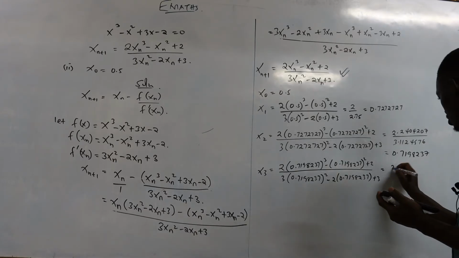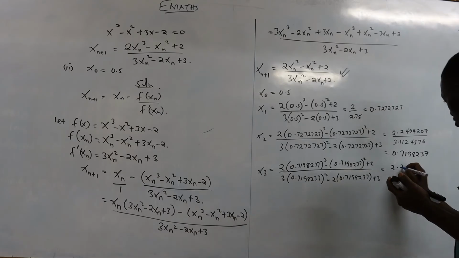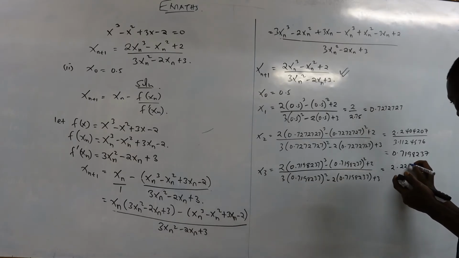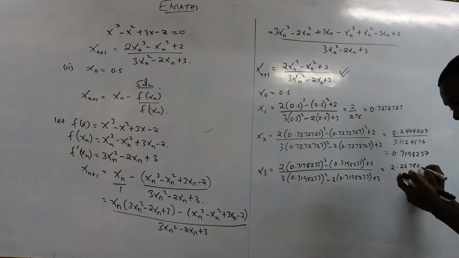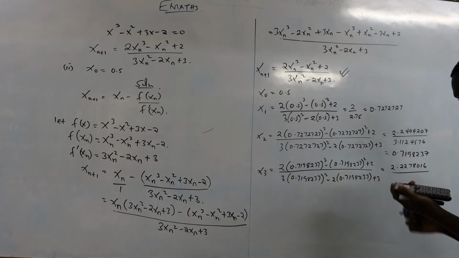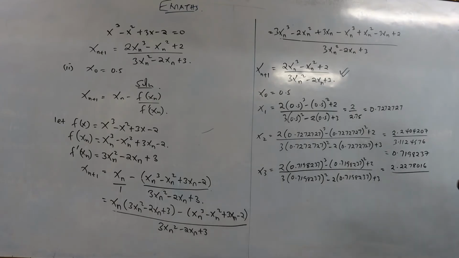That should be 2.2278016 divided by. Okay, now you have the denominator, which is 3 into bracket